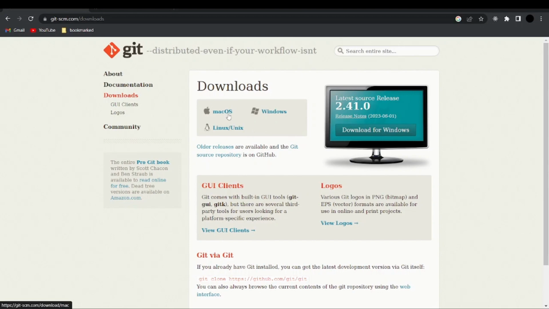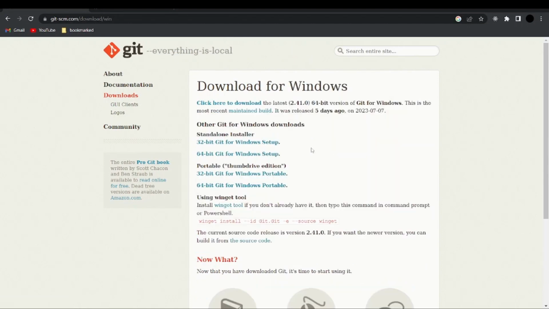If you're using Mac, you can download the Mac version or the Linux version. So I click on download for Windows, and then it will take me to this page. Here we also have different installer platforms, where we have the 32-bit Git for Windows and the 64-bit. So if your machine is 32-bit, you can download this one, but if it is 64-bit, you can use the 64-bit,